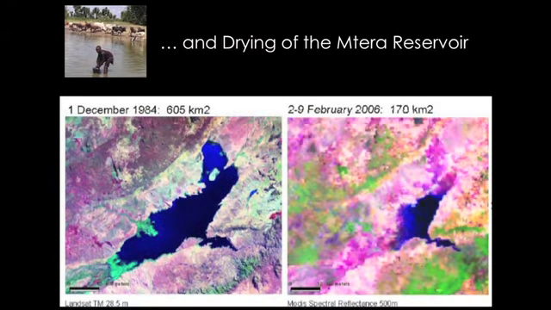So downstream, the first reservoir that you hit is the Intera Reservoir. Here's a snapshot of that reservoir in '84, and by 2006 when we started working, February, so really the very tail end of the dry season into the start of the wet season. You can see the extent of that reservoir has shrunk substantially.